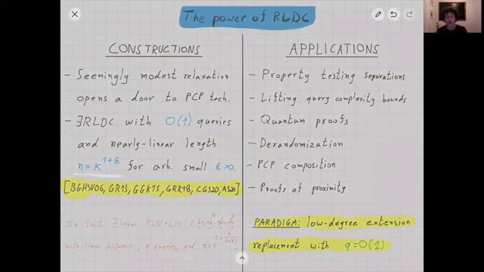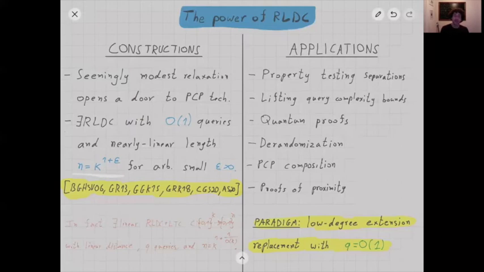And what do I mean by nearly linear? It means that I'm mapping k-bit strings into n-bit strings, where n is k to the power of 1.001, or any arbitrarily small constant epsilon that we will want. And in fact, we can actually do much more than that. We can get not more efficiency, but stronger